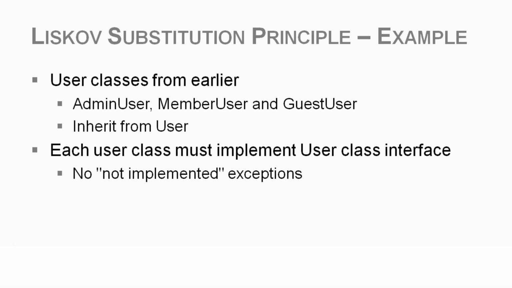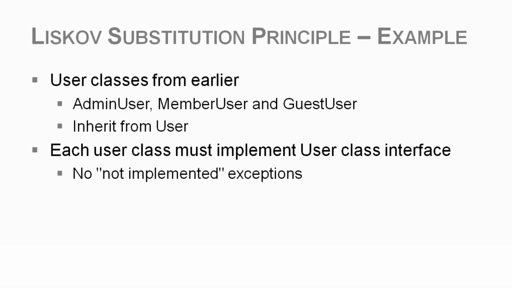We have those user classes from our earlier example, the admin user, the member user, and the guest user, and they inherit from user. So in our previous terminology, user is the class type T, and admin, member, and guest user are the subtypes S. So each one of those user subclasses must fully implement the user class interface. In particular, we don't want to see any not implemented exceptions, because obviously that's going to cause a problem for